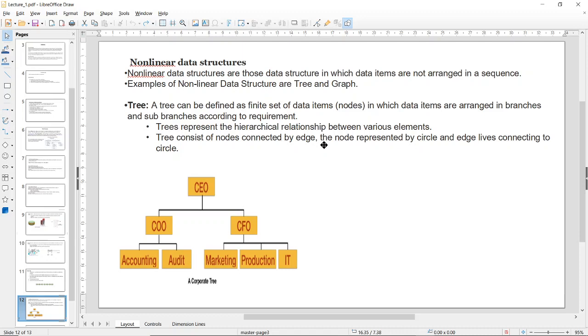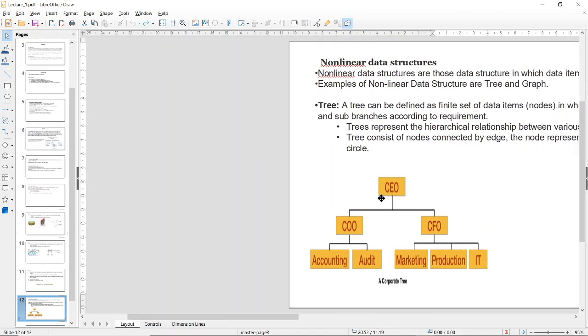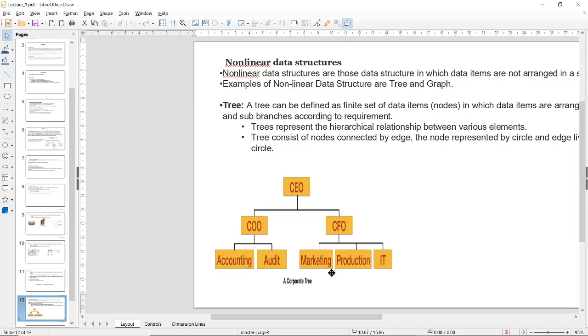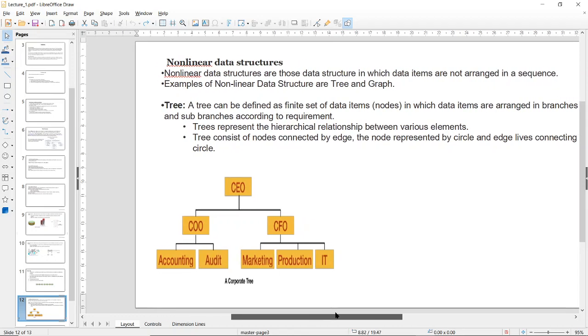Trees consist of nodes connected by edges. The node is represented by a circle and the edge is a line connecting the circles, right? So this is a corporate tree. A tree is a very simple data structure. It decides the hierarchy of the elements.